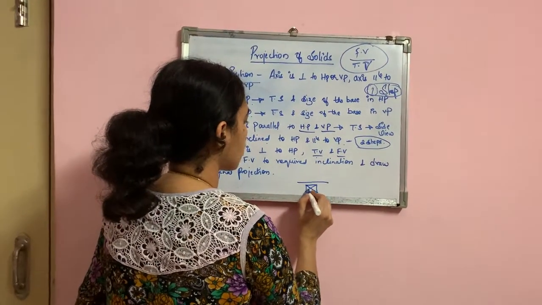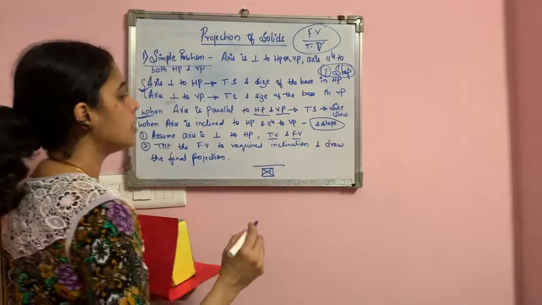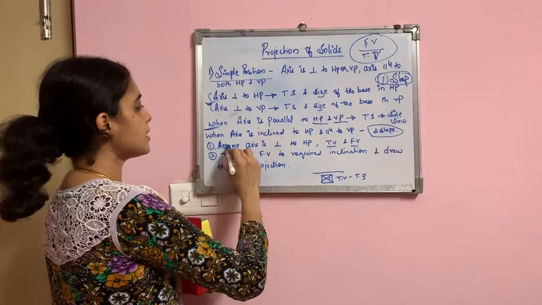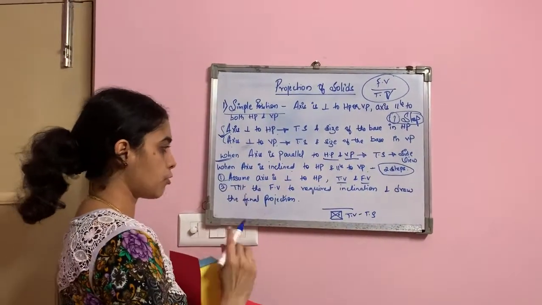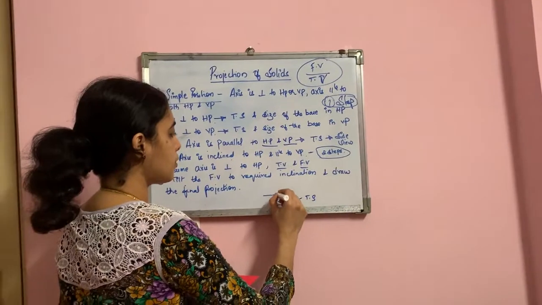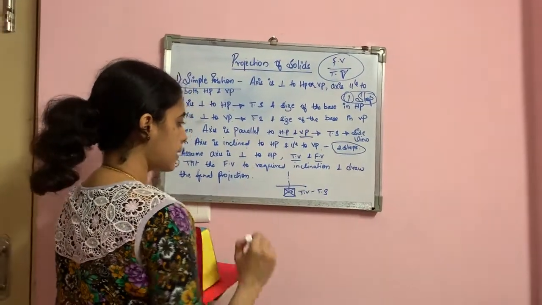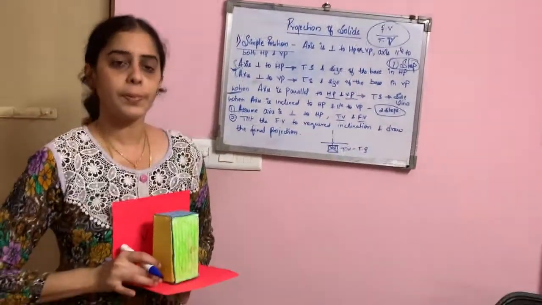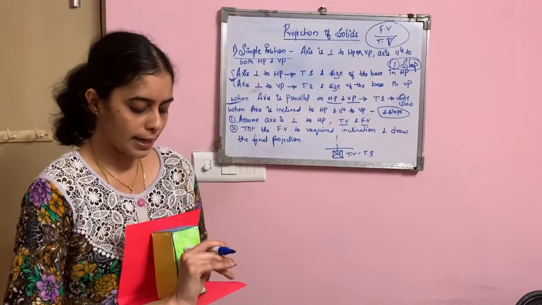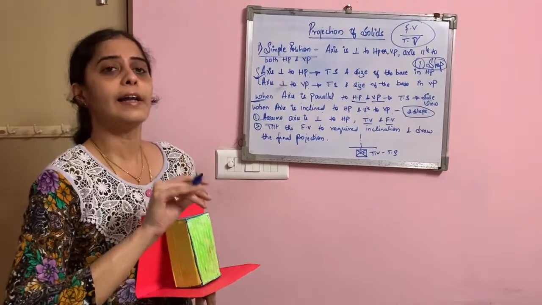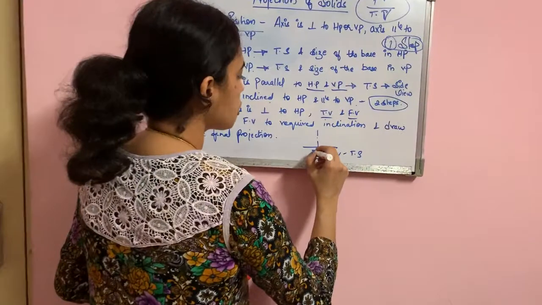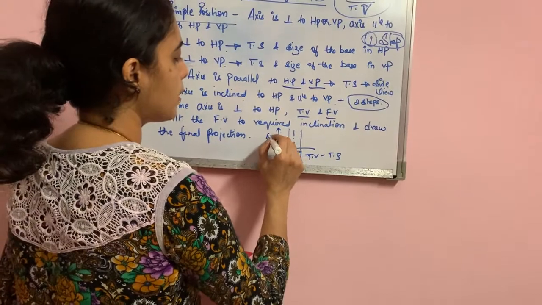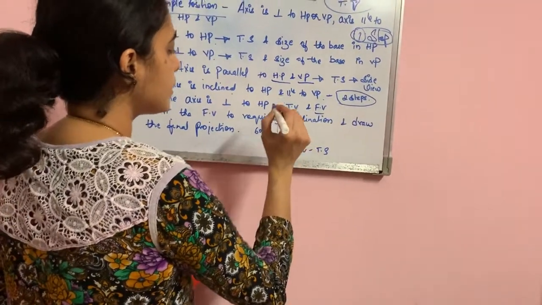Always in solids we join together and show the center. So the top view will show the true shape. We assume that the axis is perpendicular to HP for the first position. Then you take the projection from here, and you draw the axis perpendicular to HP. When the axis is perpendicular to HP and you view from the front, it looks like a rectangle. So you will take the projection above. The axis height will be given in the question, whether it is 60 mm or 50 mm. We will take the projection until then, and you will join.